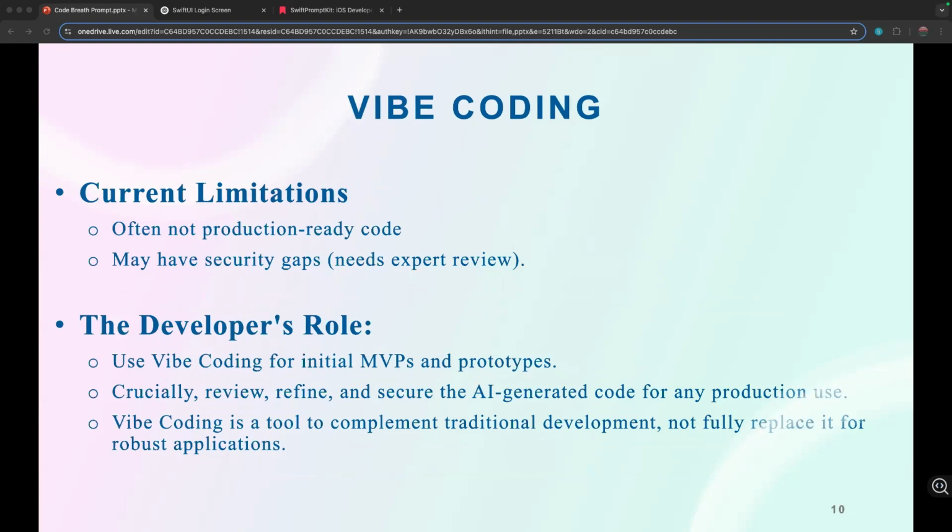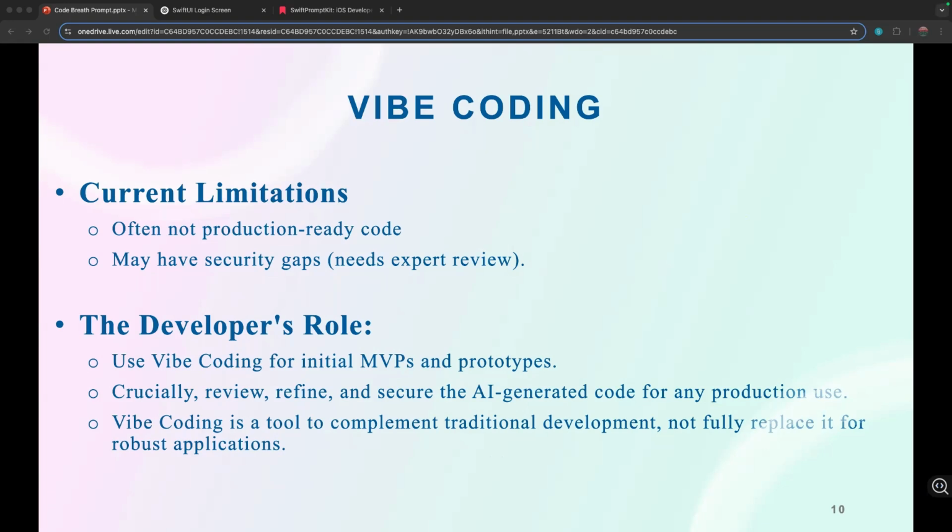And there are some limitations with this one as well, because we are giving everything just idea based. So some of the code will not be production ready because it's not thoroughly thought through, and also we can have some security gaps which should be reviewed by an expert.